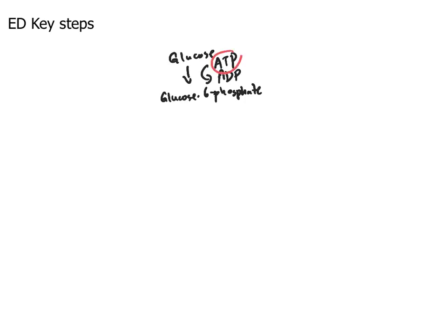So here you're using this ATP, but this is the exact same first step. So now this is where the ED pathway is different. So this step here where you put in the NADP, and you end up with NADPH. And then there's another step and you end up with